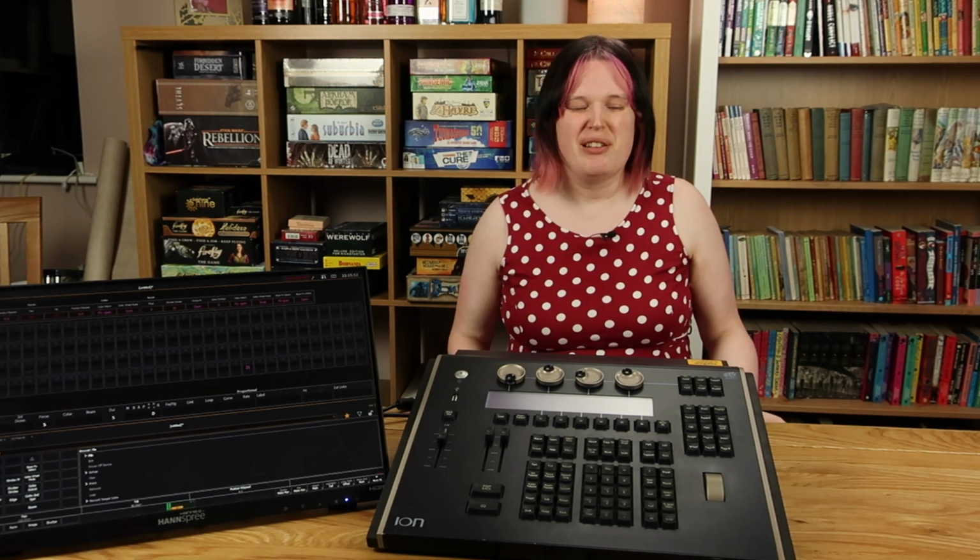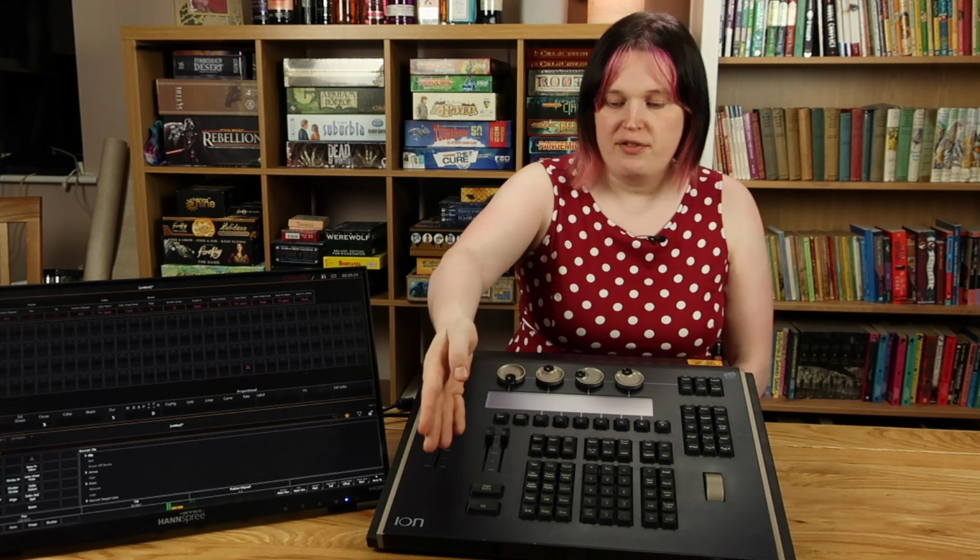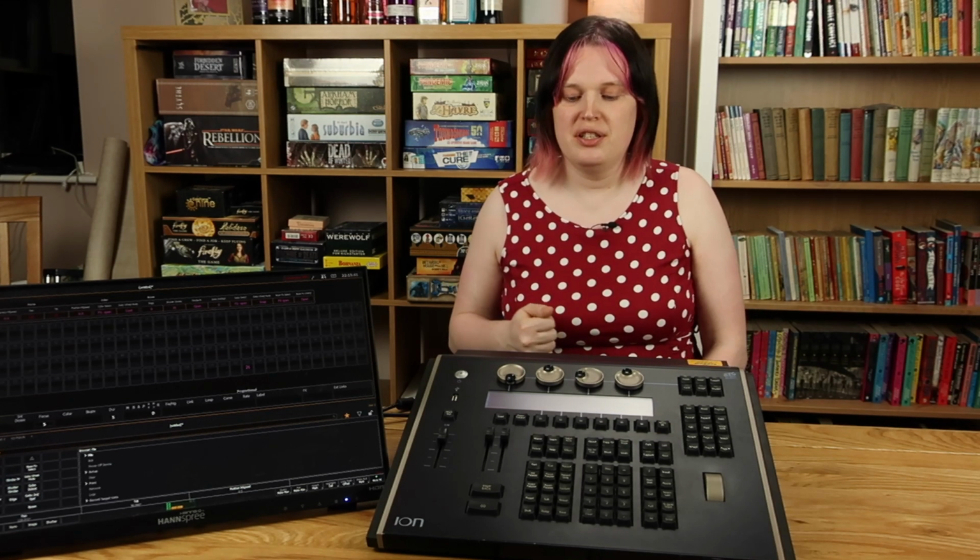Hello, you lovely people. This thing is an ETC Ion. It's a console for controlling theatre lights, and it's absolutely brilliant. It's got a small, portable size, but yet it's powerful enough to control lights in many small, medium, and even large-sized theatres. It's got a keyboard for entering information, it's got these encoders for entering position and colour information, and essentially,